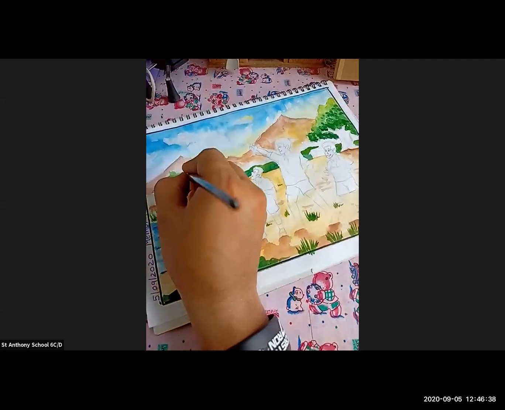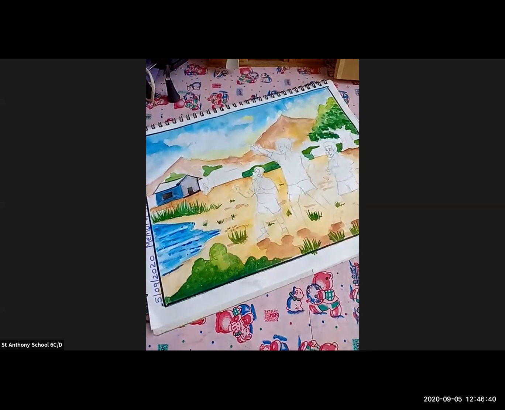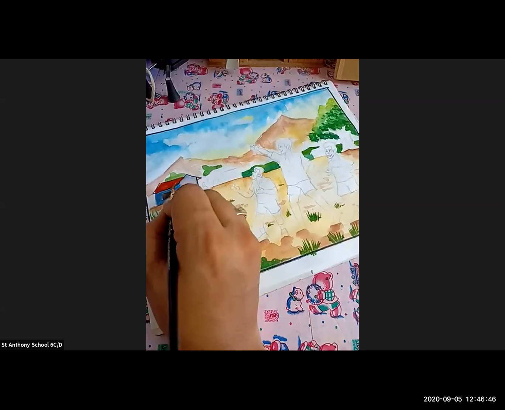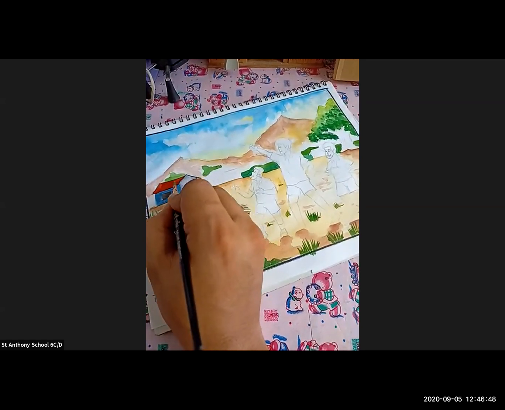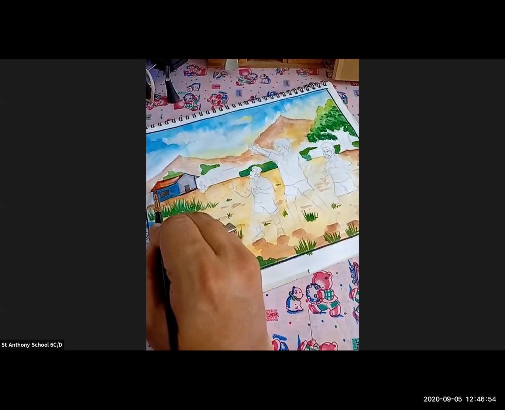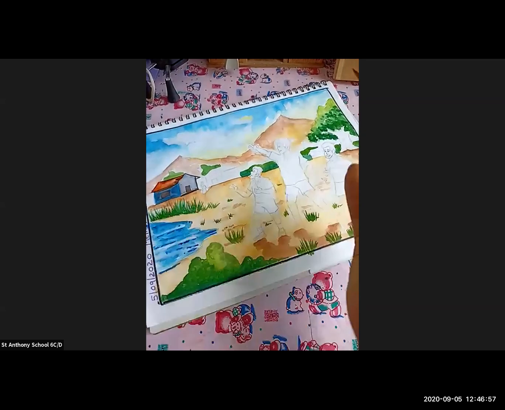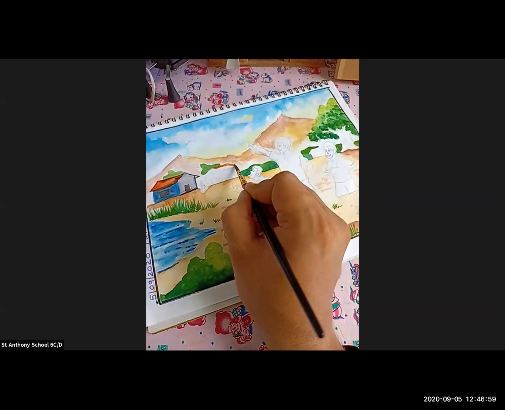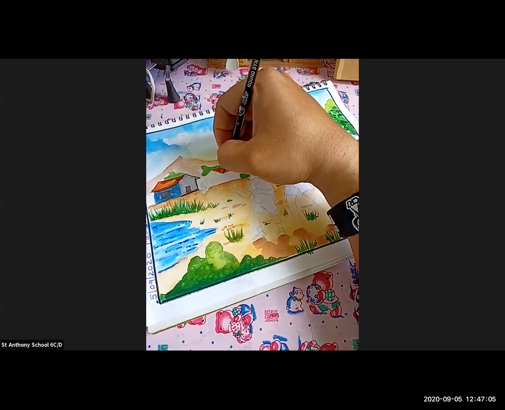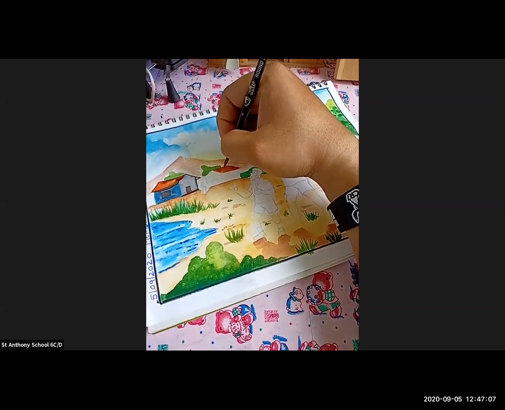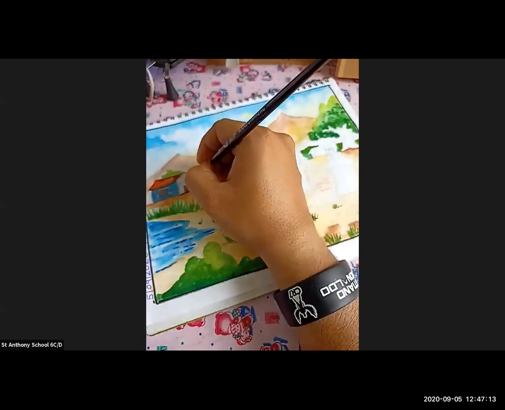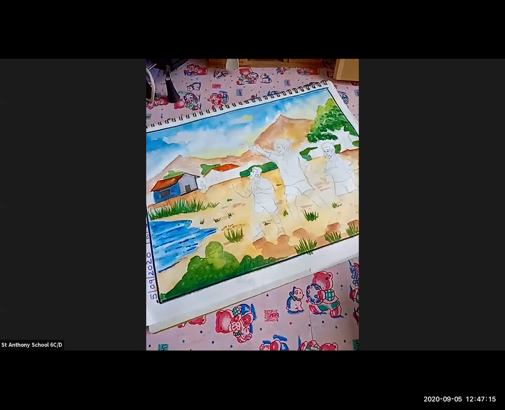Now what we are going to do is we are going to color the roof. So we are going to take a brown shade over here, reddish brown. Okay, and then take out the excess color. Same way, this is the roof. Color the roof properly, get a proper design, and then as you finish with this, we are going to add the dark tone. Okay, then only we are going to add the dark tone.